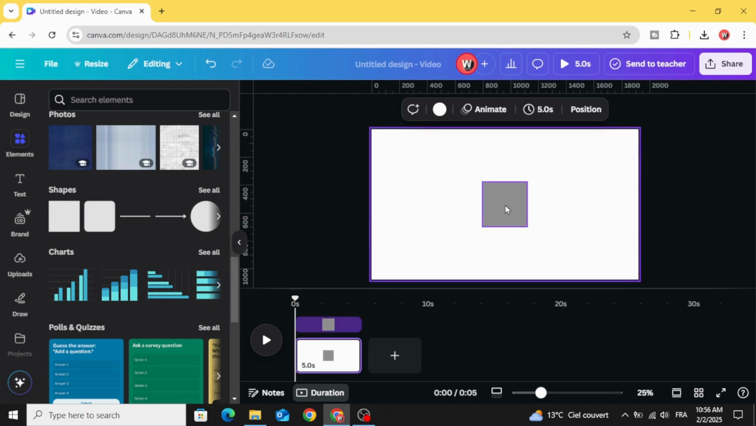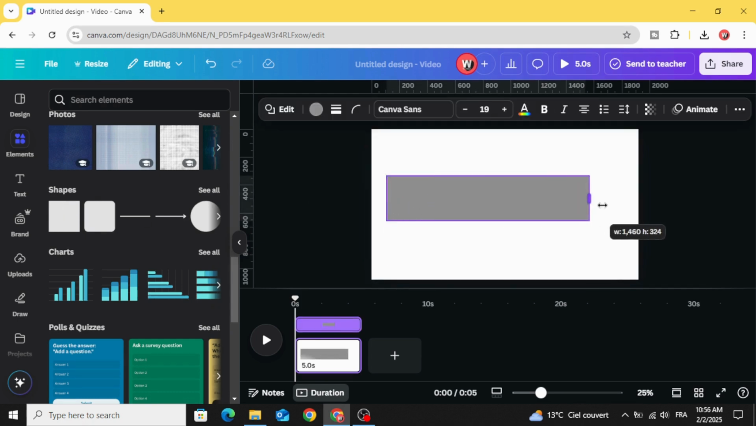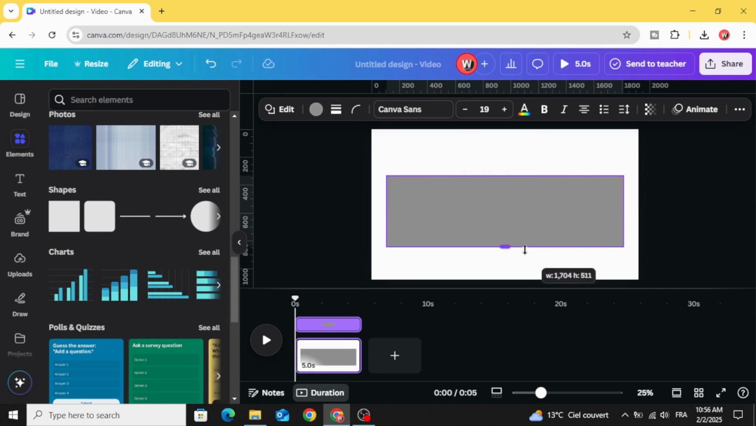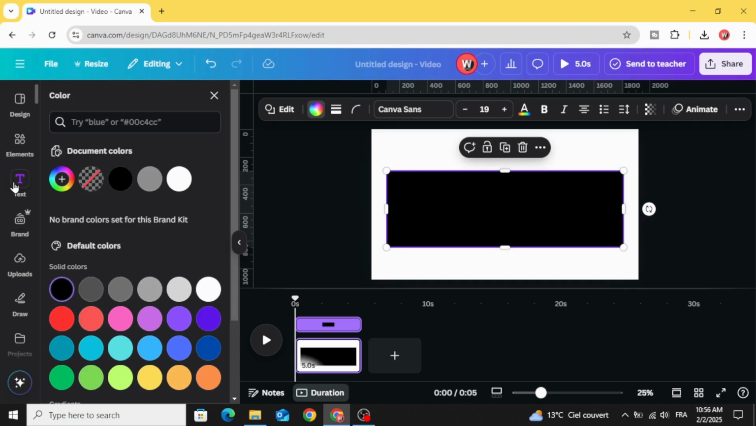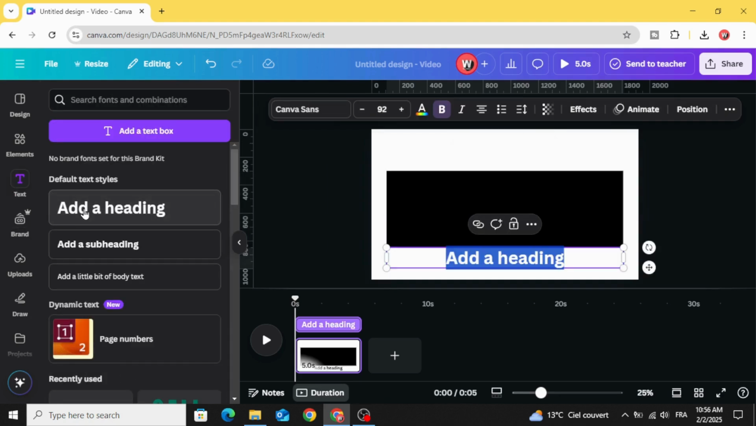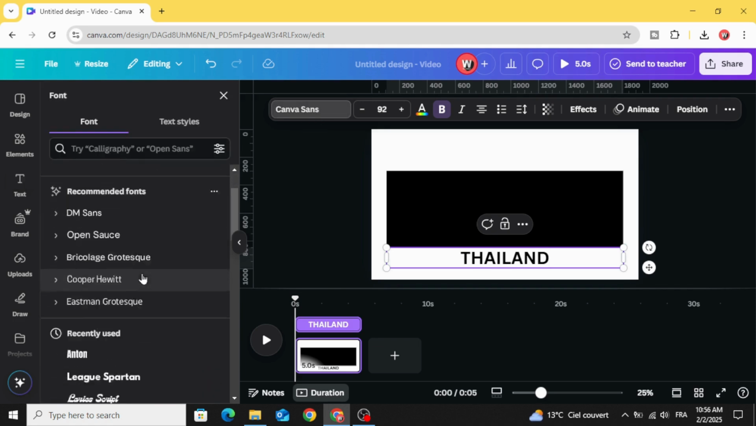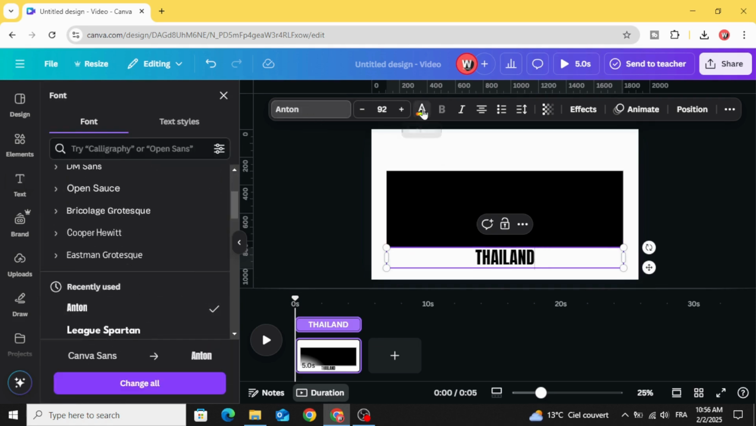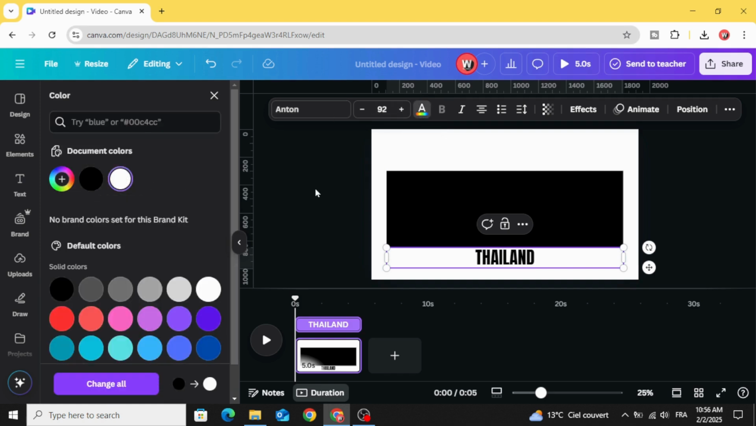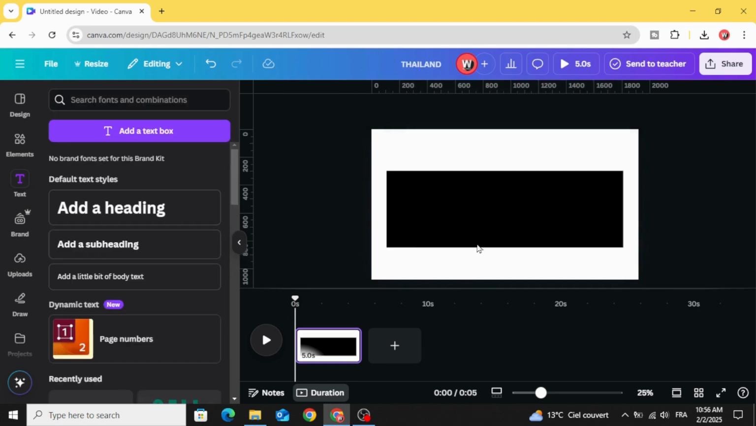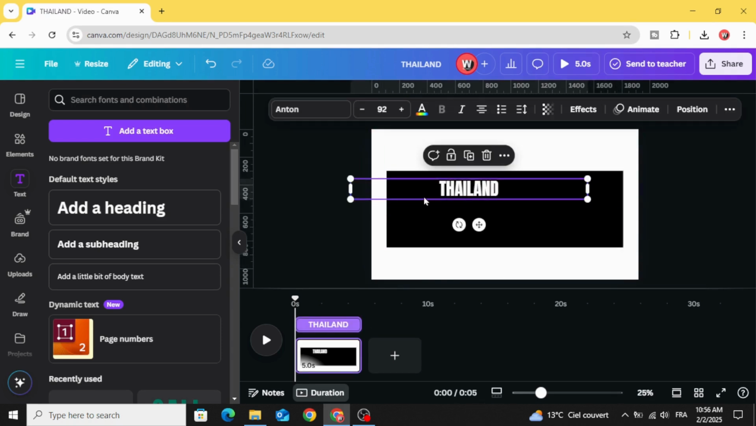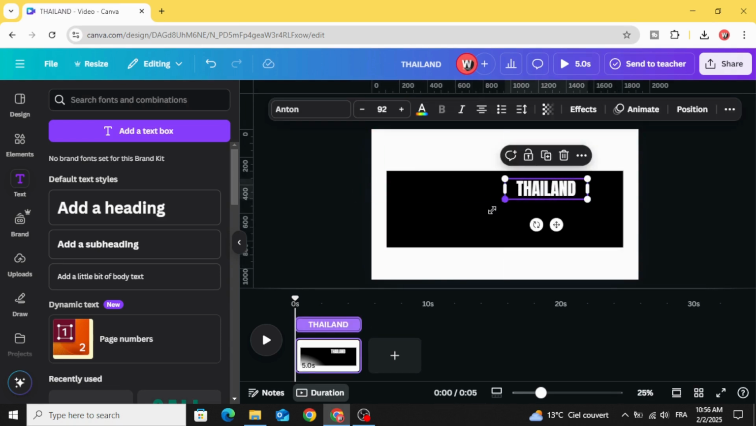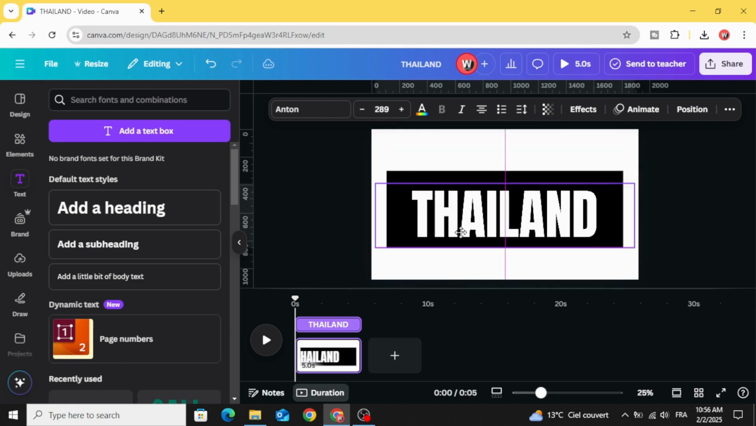Choose the square and resize it like this. And change the color to black. Go to text and type your text. Let's change the font to Anton and change the color to white. Place the text inside this black rectangle